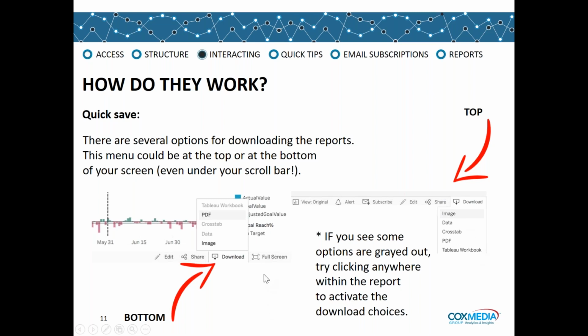But as you can see here in this example on the left of the screen, some of these options look like they're grayed out and that you can't choose them. Well, if you are seeing that and you're like, hey, I really want to be able to choose one of these options, you just need to click anywhere within the report and then click that download button again, and it'll reactivate it. So when it comes to these choices, you have image, which is going to just download an image